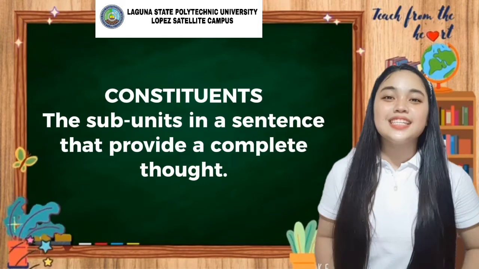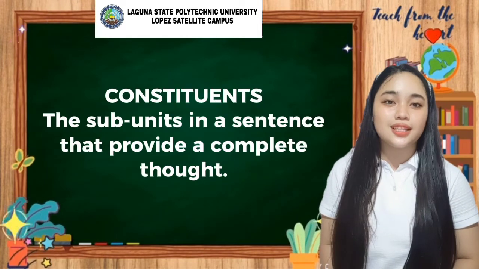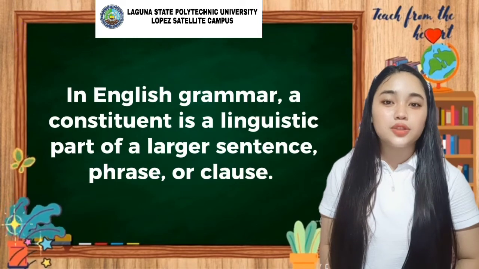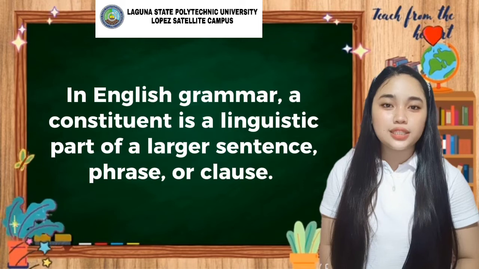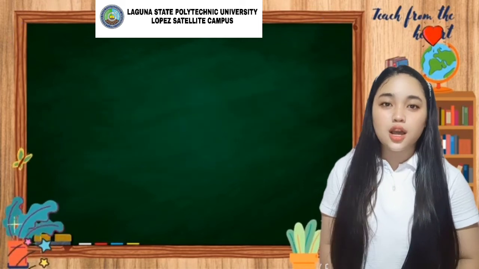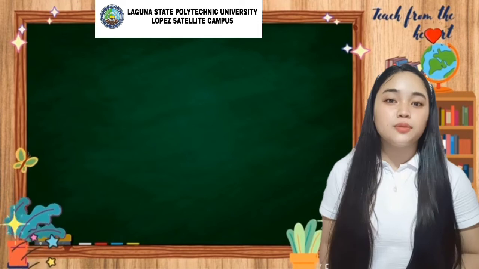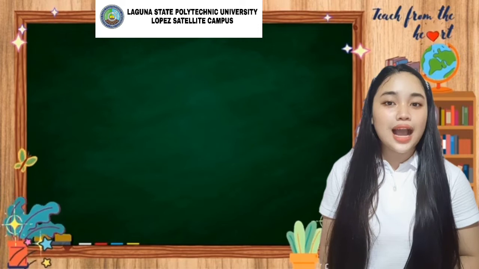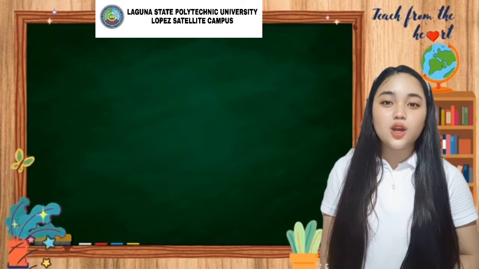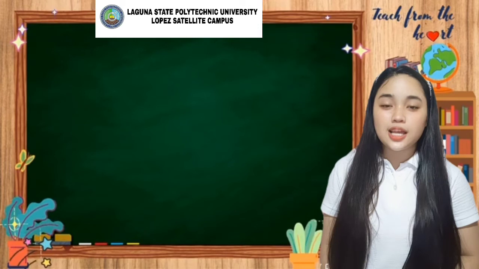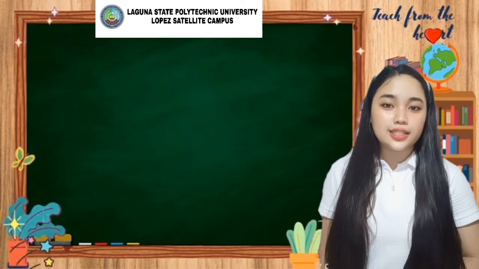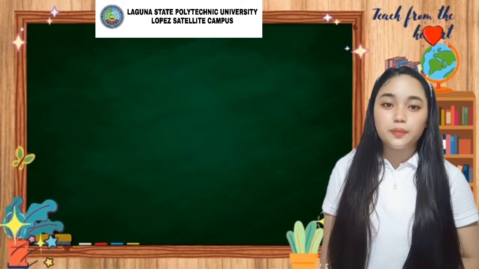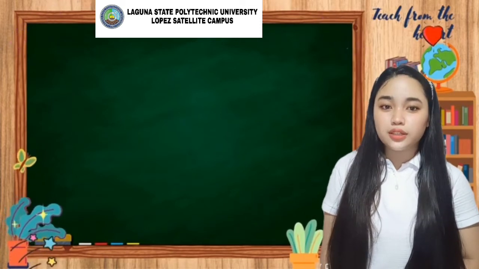The next is constituents, the subunits in a sentence that provide a complete thought. In English grammar, a constituent is a linguistic part of a larger sentence, phrase, or clause. For instance, all the words and phrases that make up a sentence are said to be constituents of the sentence. A constituent can be a morpheme, word, phrase, or clause. Every sentence or every phrase and clause has constituents. That is to say, every sentence is made up of parts or other things that work together to make the